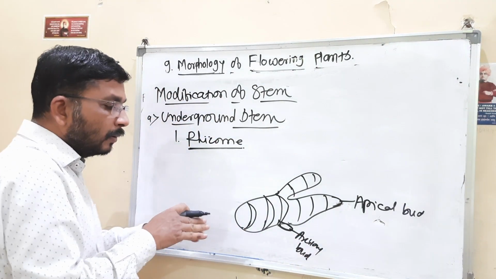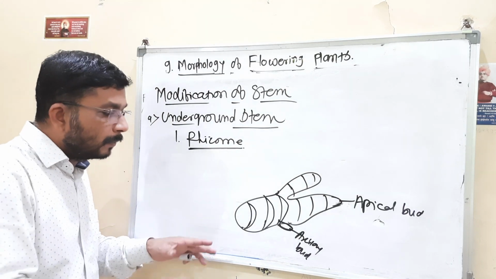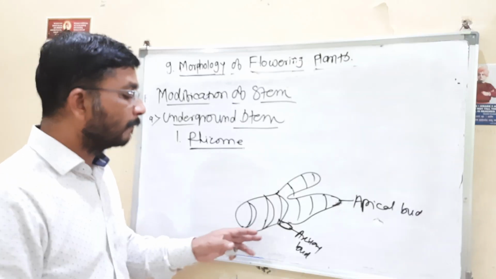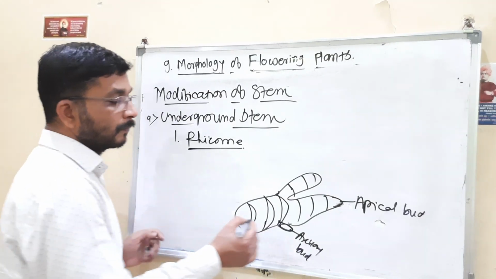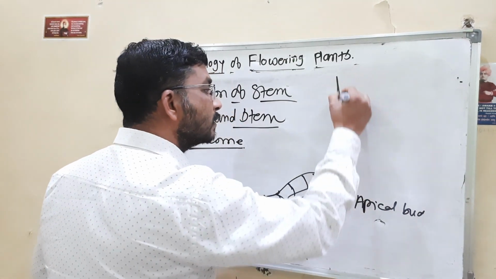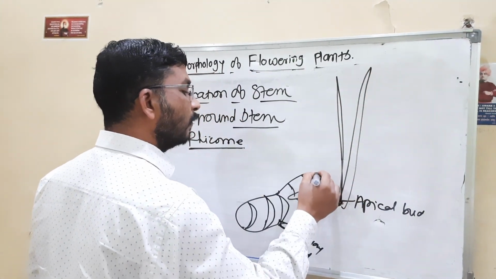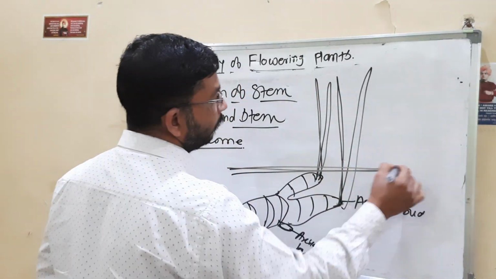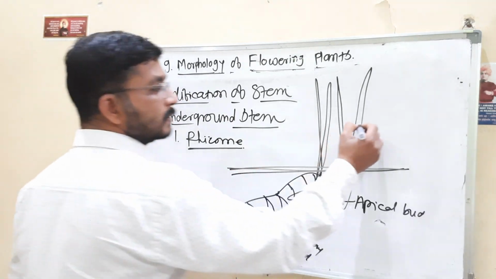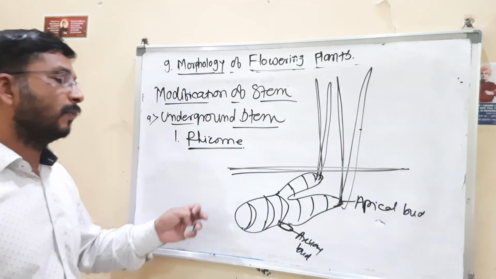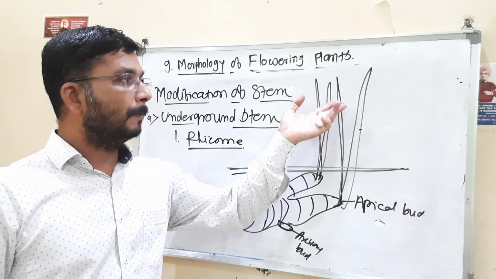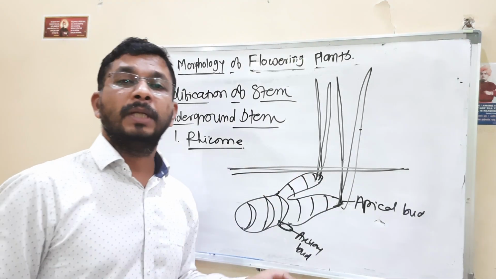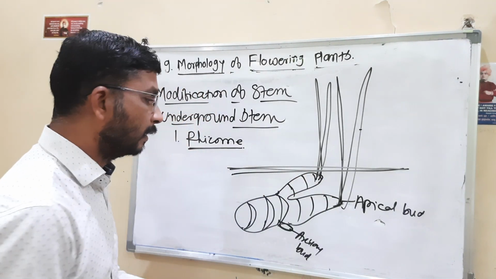This axillary bud develops inside the soil. A number of branches develop there. This axillary bud and apical bud form this kind of structure also. This is called the leaves, and this is the underground part. Then the leaves, in the process of photosynthesis, prepare food material, and that prepared food material they store